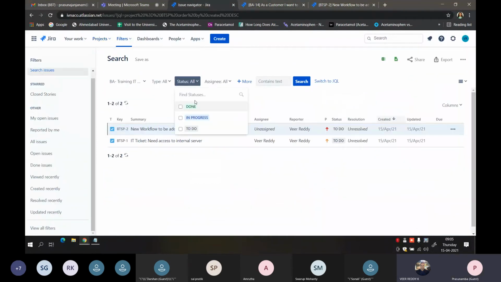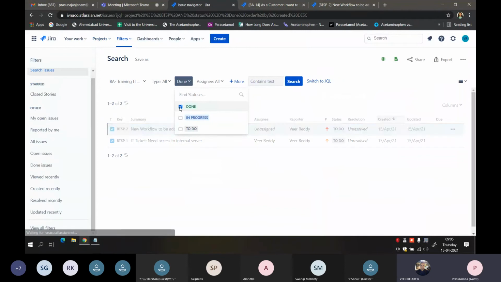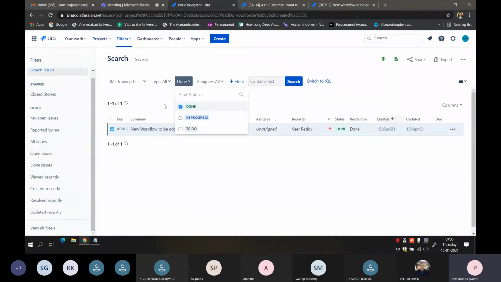Now if I say I want only the tickets that are marked as done state, then for an IT project, the bugs in done state would all be shown over here.